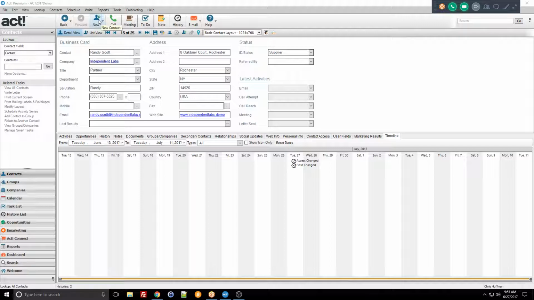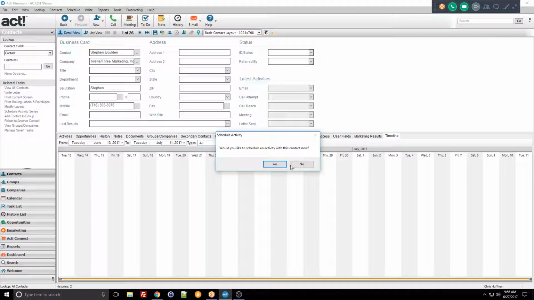When we create a new contact, you can create a new contact record by pressing the new with the bust of a person up here on top, and you can go ahead and fill out all contact information on this blank record. If I go ahead and fill out a record for myself, you can see that as you tab through the fields, it's a very good idea to fill out as much information as you can